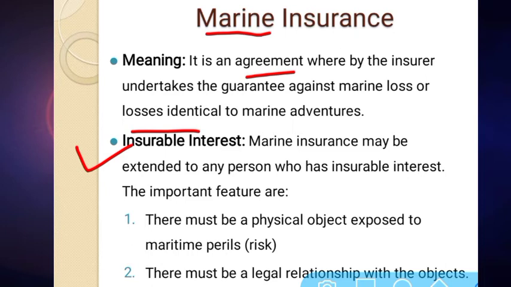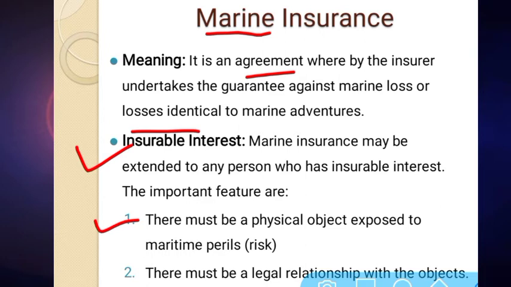Now how can we identify whether a person has an insurable interest or not? For that there are two important features. Number one, there must be a physical object exposed to maritime perils. Perils means risk, and maritime means when goods are exported through marine ways. So at the time of taking insurance, there must be a physical object